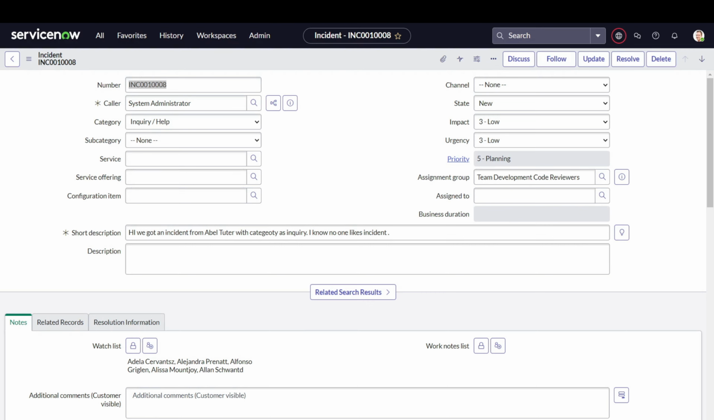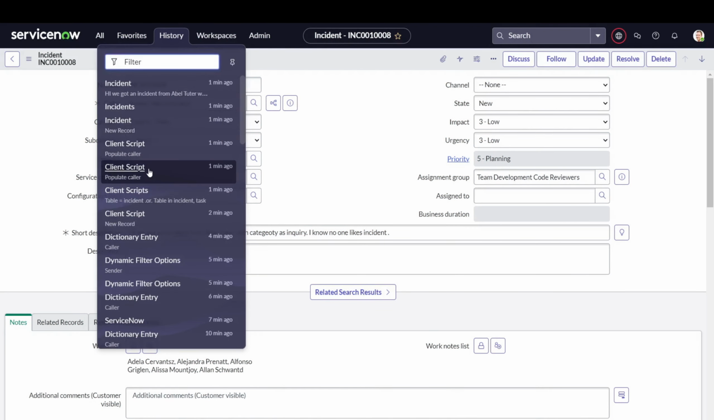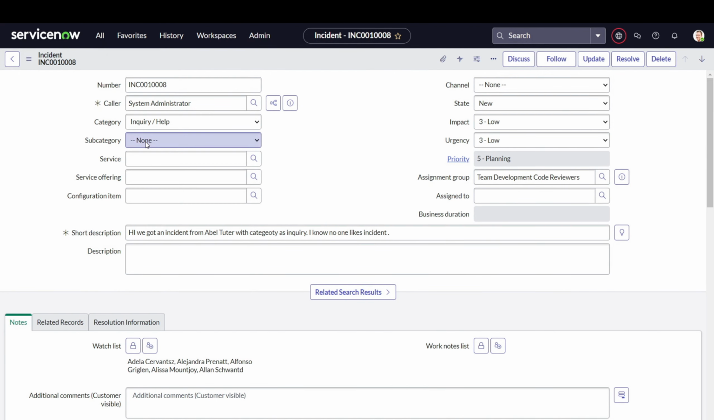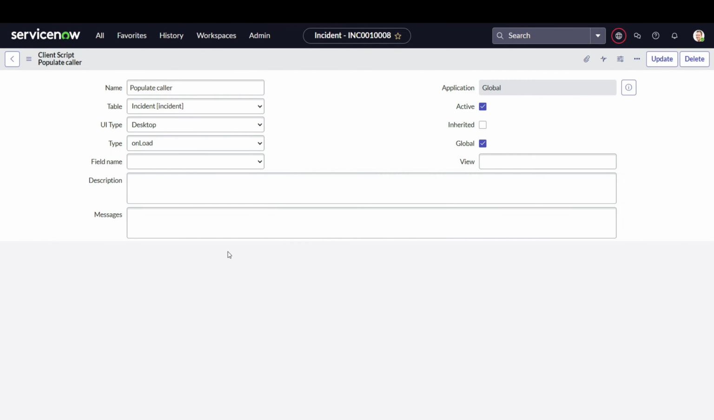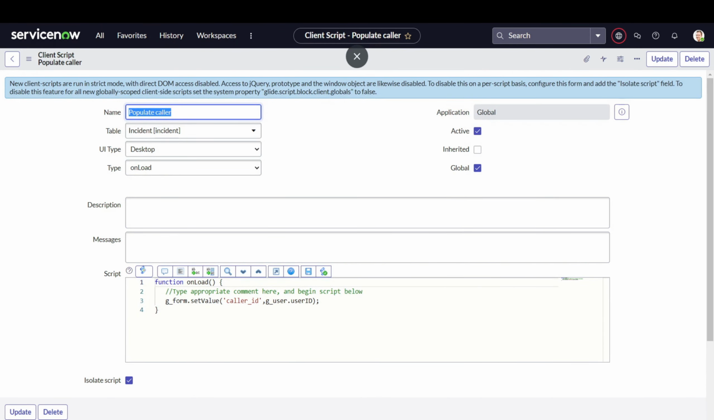So how can we avoid this particular thing? It's pretty easy to manage this also. So what can we do? We can simply go to the client script again. And we can add an if condition to check whether it's a new record or an existing record. So we can go over here and what we can do,